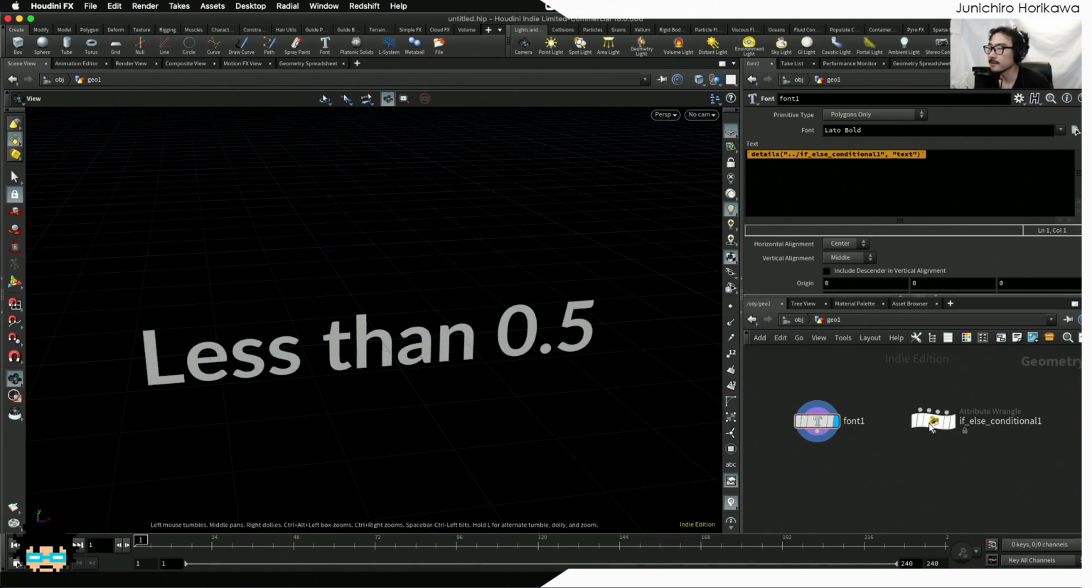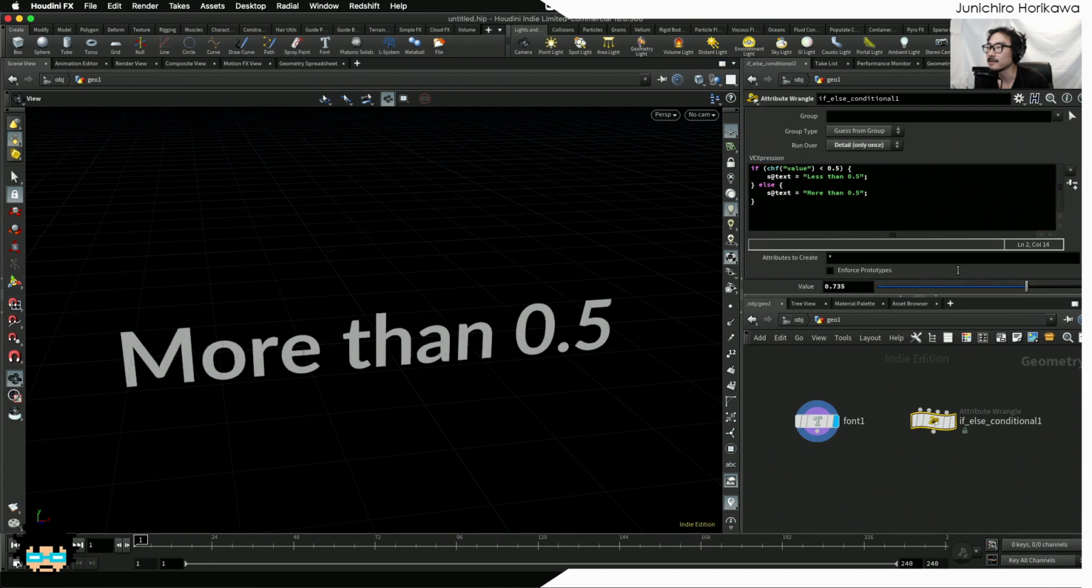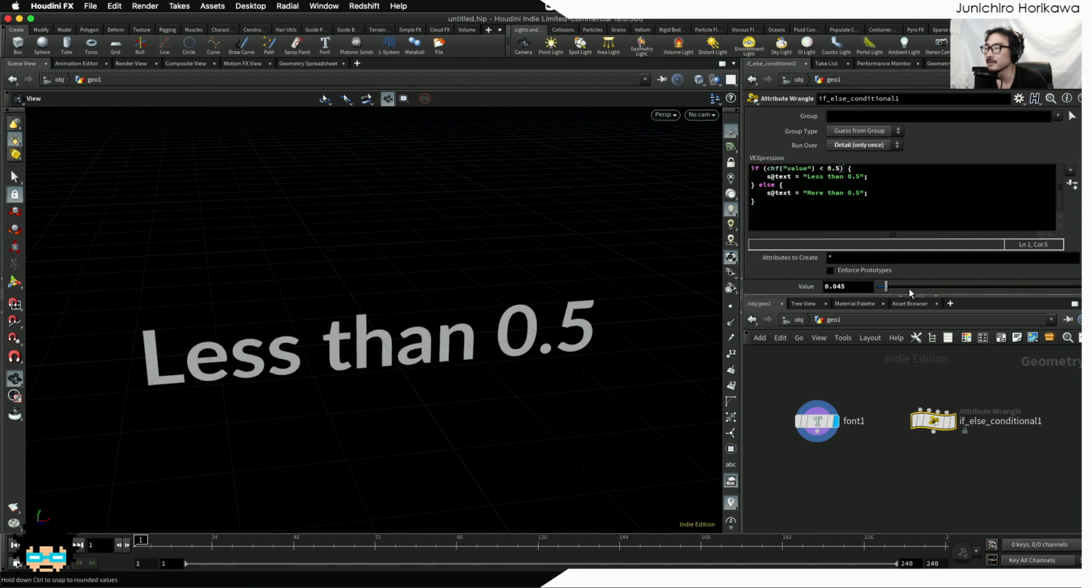Now let's try to change the parameter value, the slider, and see if the text will change based on this value. So when the value is less than 0.5, the text should be updated with less than 0.5. Now if I increase this to more than 0.5, then you can see that the value has changed to more than 0.5. So you can see that this process is being changed based on the conditions that I have evaluated right here. So this is the most basic way to write the if-else conditions,